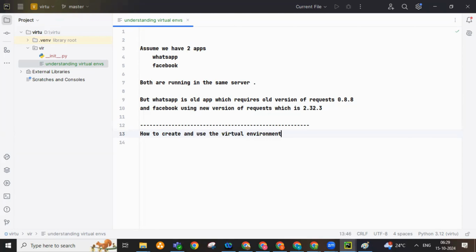In Python we can do it in two ways actually. Most widely we use two ways. So the first one is